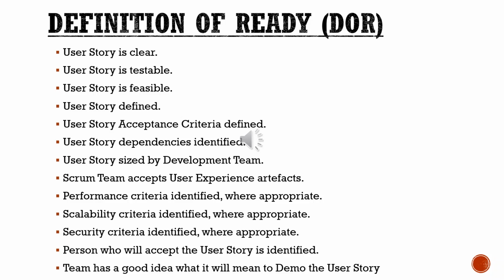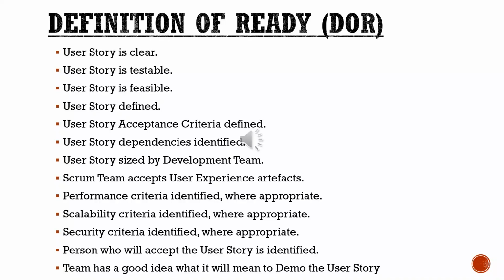We need to test the user story, so it cannot be non-testable. The user story should be testable, it should be feasible to develop, and it should be well defined, so that everybody understands the user story. And the user story should have acceptance criteria, that is, what output is expected from the user story, and that should be well defined. And any dependencies, like any modules, that